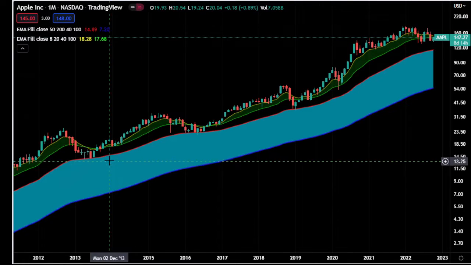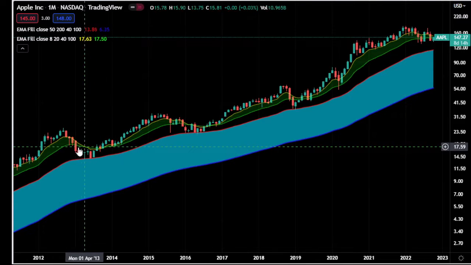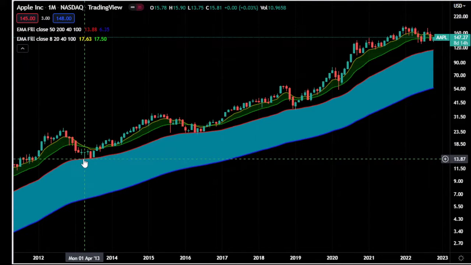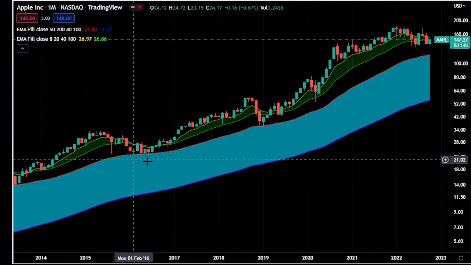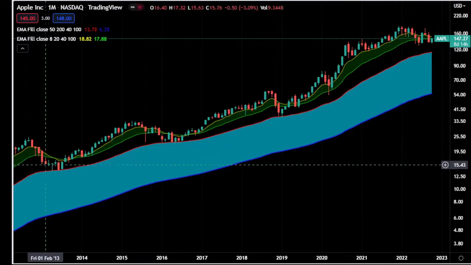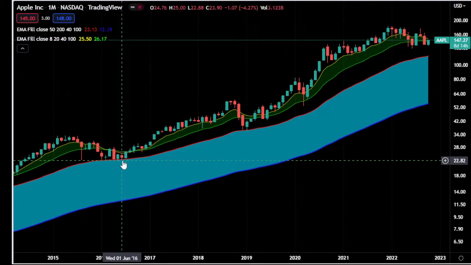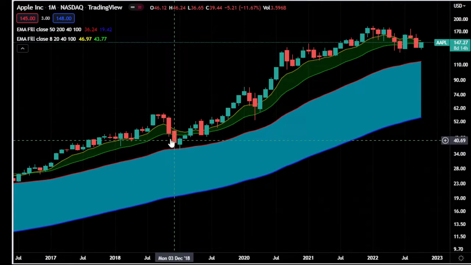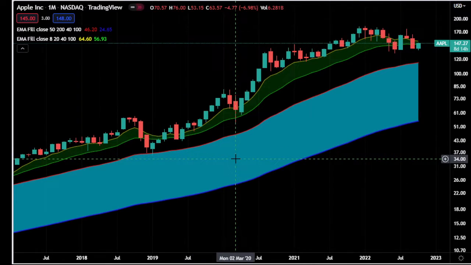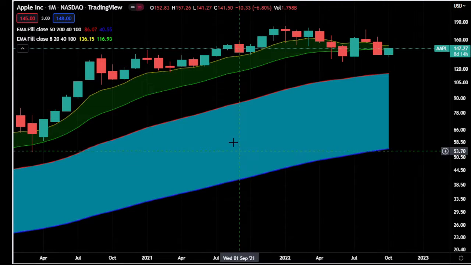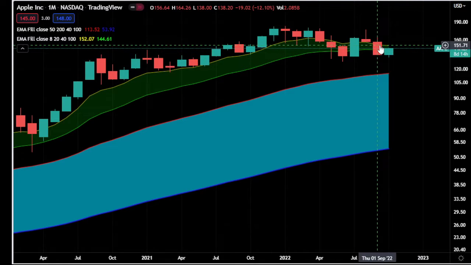And we see some really interesting tests of the 50-month moving average by Apple. Here in 2013, prices tapped that 50-month moving average right here. They also tapped it again in 2015. Did I say 2013? 2013, 2015. Here we have tapping along this 50-month moving average. And here in 2018, taps of the 50-month moving average. Isn't that interesting? So now we are zooming into this period that we are in right now, which is the